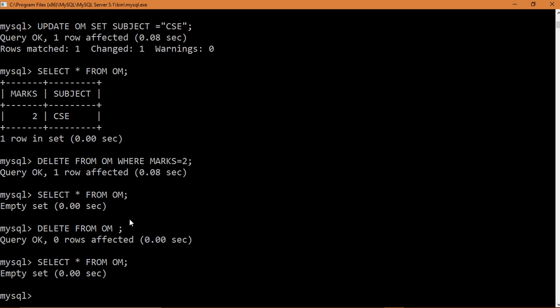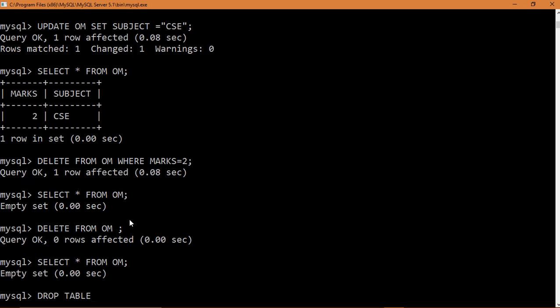Okay, now if you want that this table also should not exist. Now the entries have been deleted. Now I want this table should also be deleted. So for deleting that table, use the drop command, drop table. See, I'll not delete Om now. I want to tell you something more about this drop command. If you are trying to delete a table that does not exist in that particular database, then it will show you an error. Okay, it will tell you it doesn't exist.